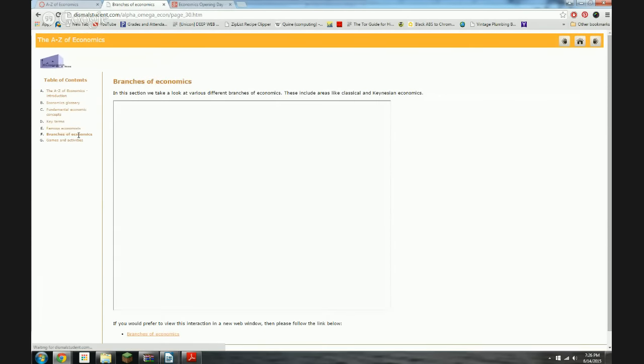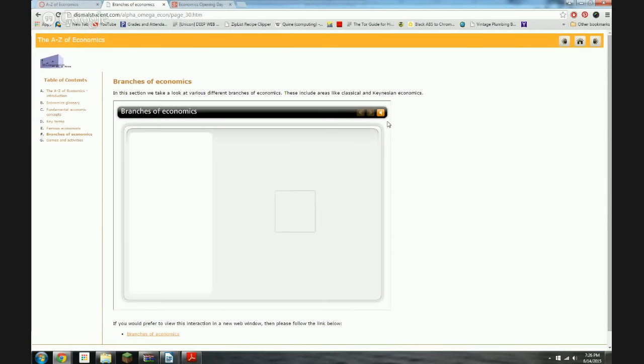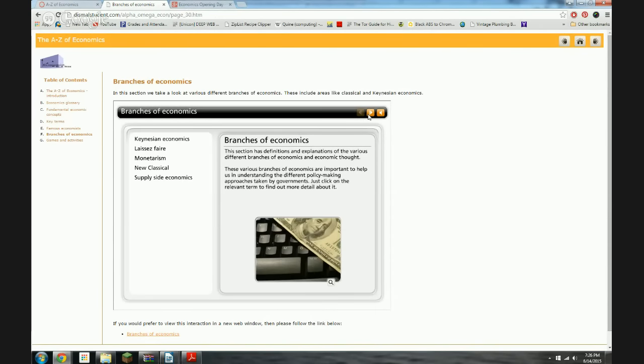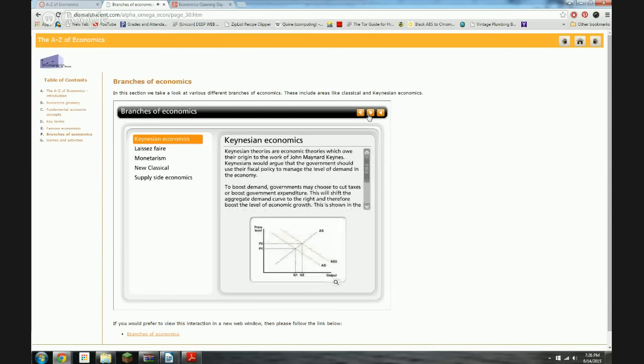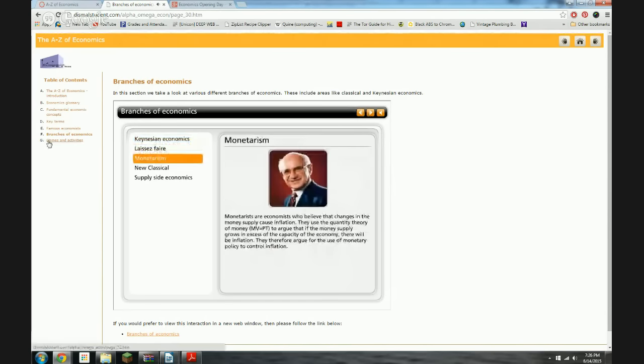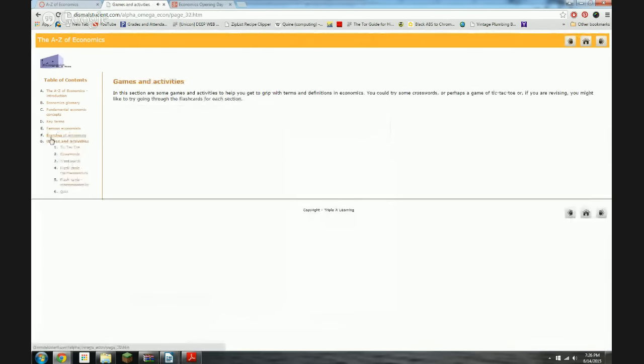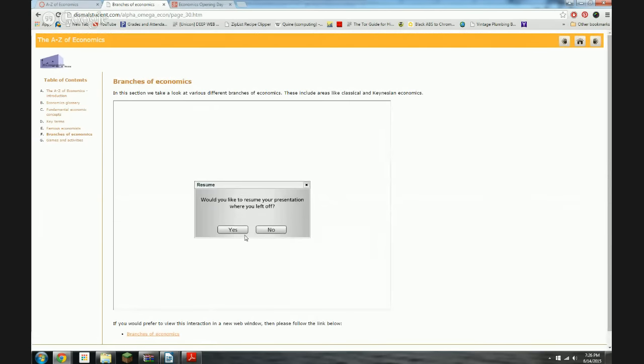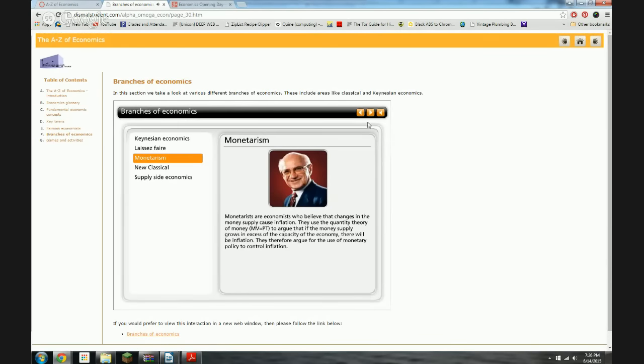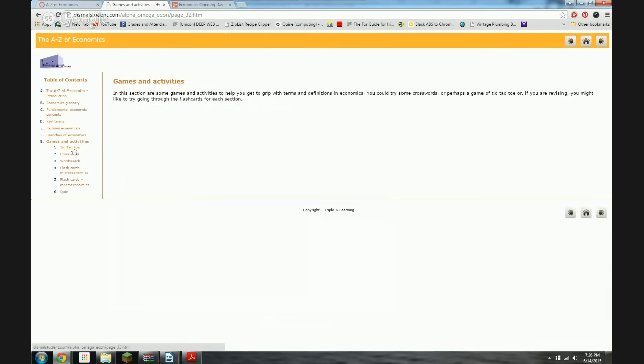Then I have a section on branches of economics. In macroeconomics, there might be some slight deviation here. I haven't decided yet. But these are the different groups of economics that are available. If you're into this, monetarists are a group of economists who are critical. You can listen to really cool British voices talk, so it is what it is.